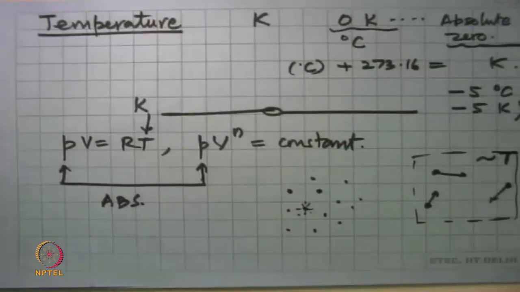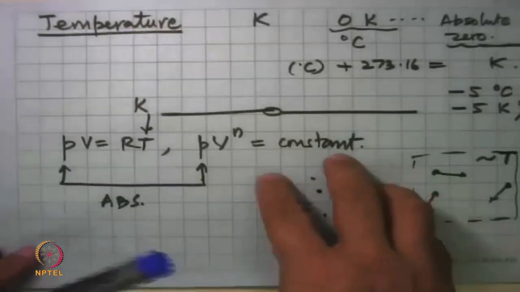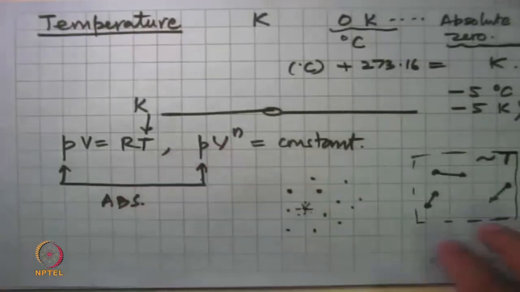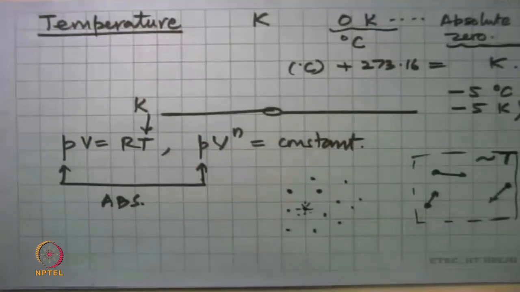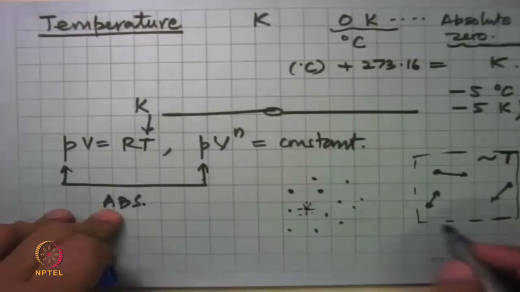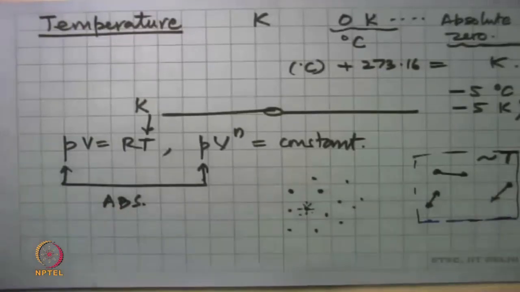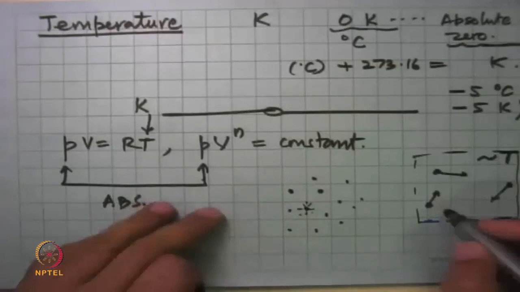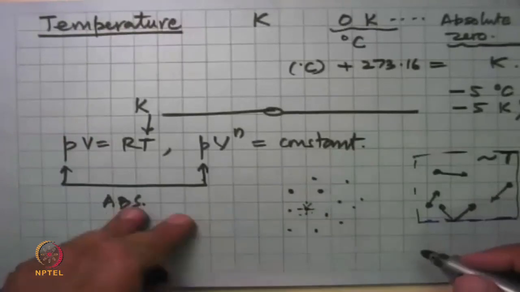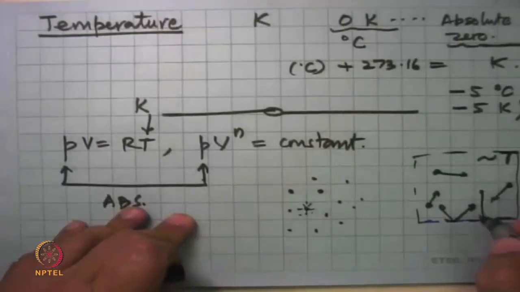Let me take a minute to tell you what is the counterpart of this for pressure. In solids, pressure is not defined. We define only stresses, so we will leave it away. For fluids, we define pressure. And what we do there is that these are the molecules which are in motion randomly, and we say, if I take a surface there and ask how many molecules are hitting it, say if it is a solid surface, this molecule moved, hit it, bounced off. Let's assume it is a perfectly elastic collision. Another molecule comes from there, hits it, bounces off. Another comes from there, bounces off.